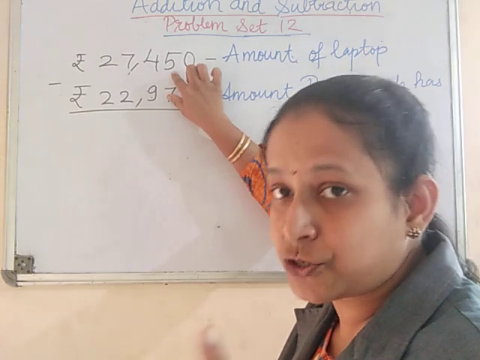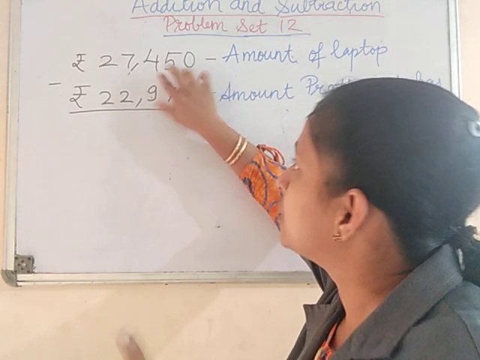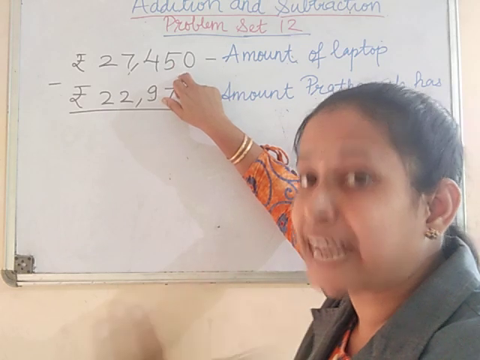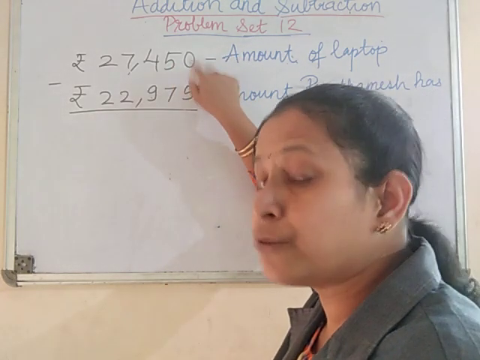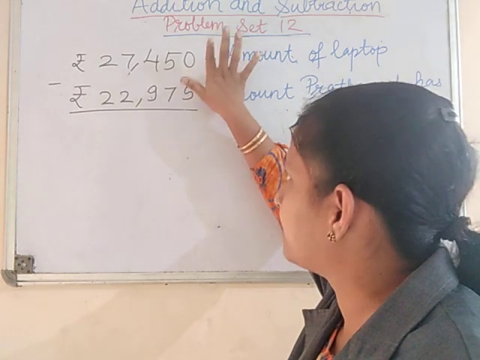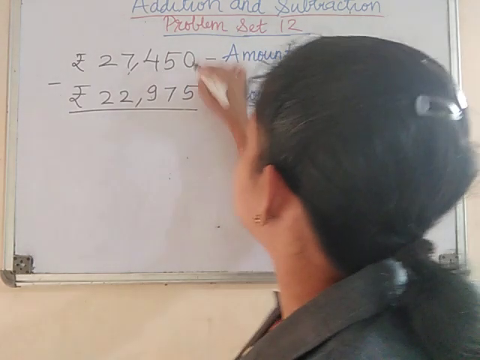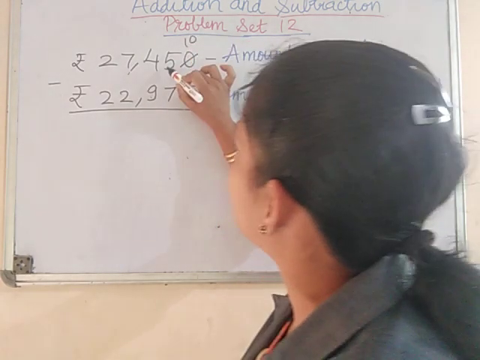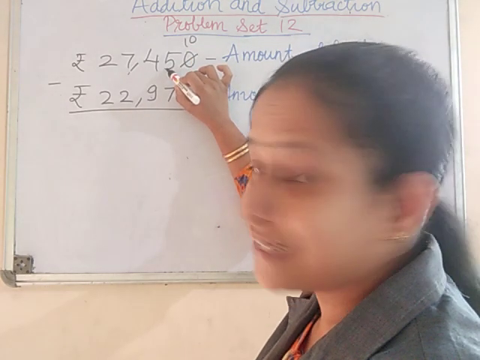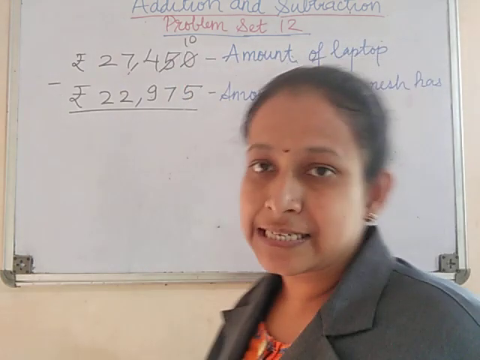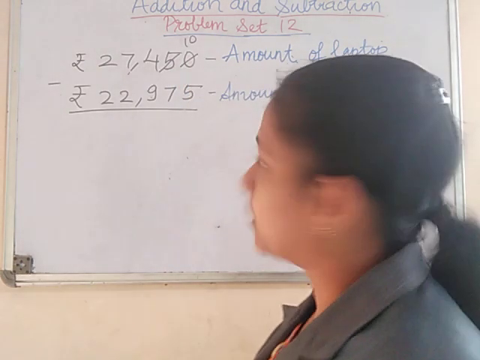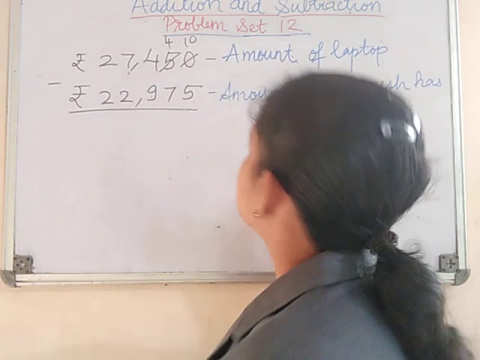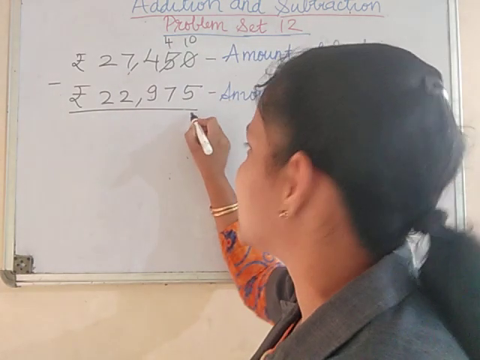That means you are actually taking 10 from here. Here this is 5 tenths, which means 50. So you are taking one 10 from that, and adding it to the 0 here. So 10 plus 0 becomes 10. Now you cancel this 0 and write 10 above it. Since you have borrowed 1 ten from here, you cancel the 5, and 5 minus 1 becomes 4. That means 4 tenths, that is 40, remains here. Now 10 minus 5 is nothing but 5.